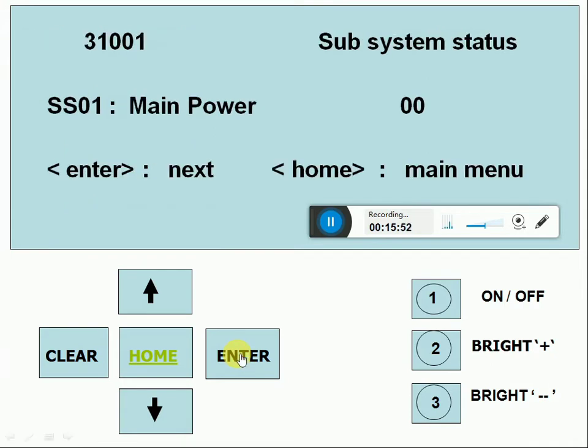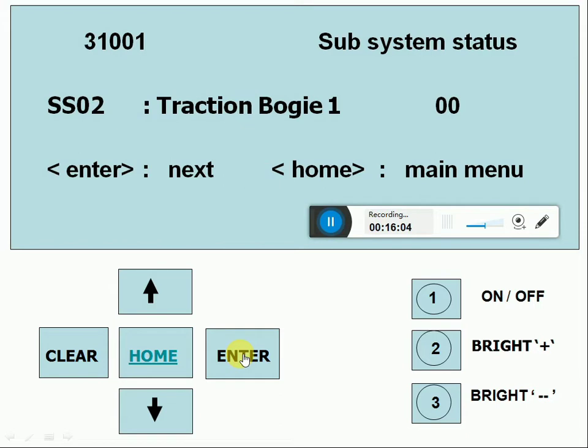Now we can see in loco 1 31001 the status of each subsystem. By pressing enter repeatedly, we can see the status of subsystems one by one: subsystem number 2, 3, 4, 5, 6 like this. So the 19 subsystem statuses we can check.